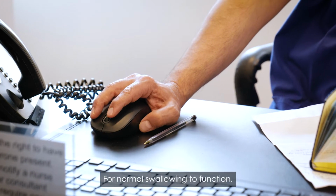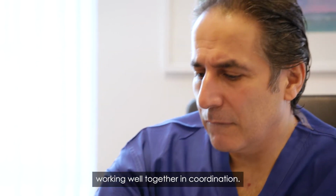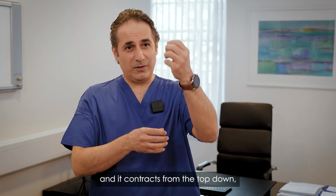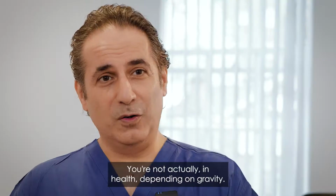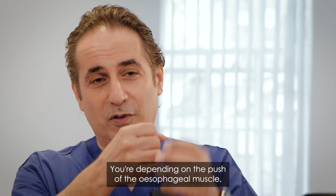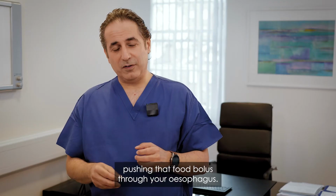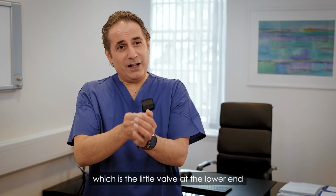For normal swallowing to function, you have to have a number of things working well together in coordination. The esophageal body is a muscle, and it contracts from the top down, and it propels the food through. You're not actually in health depending on gravity, you're depending on the push of the esophageal muscle pushing that food bolus through your esophagus. It's also dependent on the sphincter, which is the little valve at the lower end of